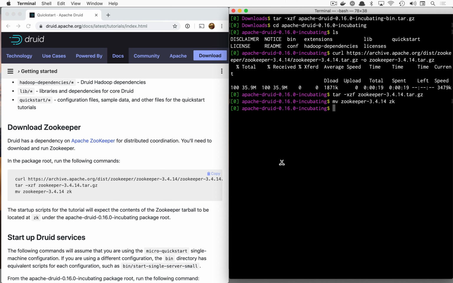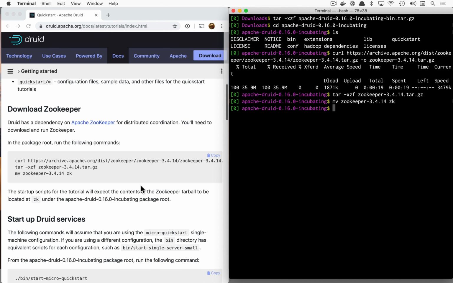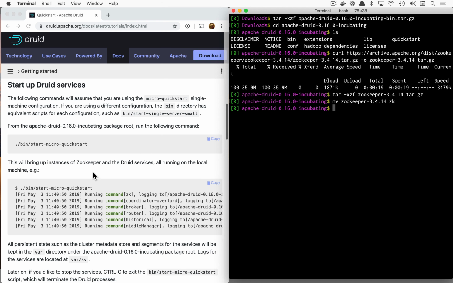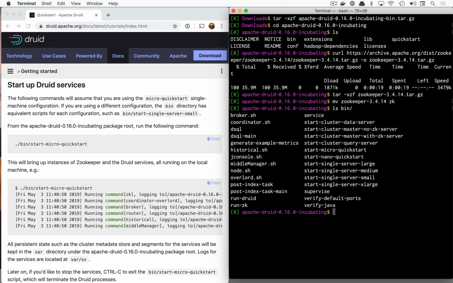Now that I have my Zookeeper downloaded, I can start all the Druid services. To do that, all I have to do is run the bin/start-micro-quickstart script. If you look real quick at the bin directory, you'll see that it has a large number of useful scripts for doing all sorts of things, including starting services in different configurations. For this one, we're going to just be using the micro quick start, but in other tutorials, you might learn how to run a clustered server and you'd be using different scripts. I'm going to copy this one here